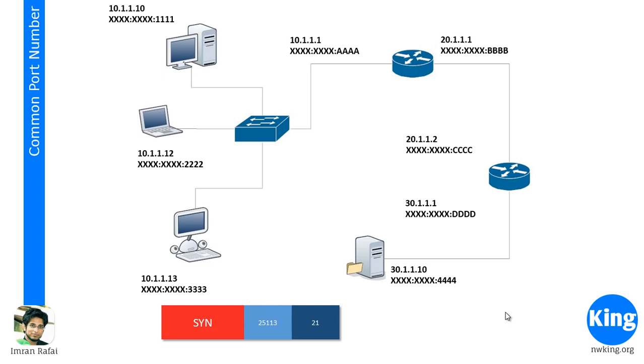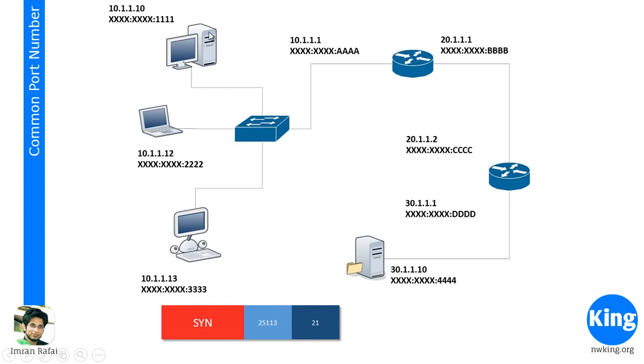Then it looks at the port numbers. It says it has to go to port 21, and it knows it is FTP traffic, and also it looks at the SYN flag. So it realizes that somebody is trying to establish a connection. Now what it has to do, according to what we know, is create a SYN-ACK packet. It will reverse this whole process. It will send that back to